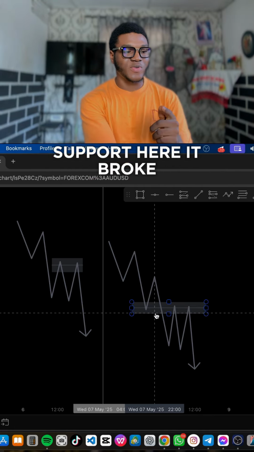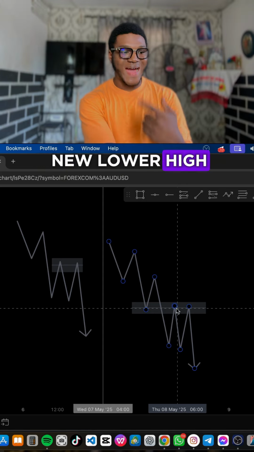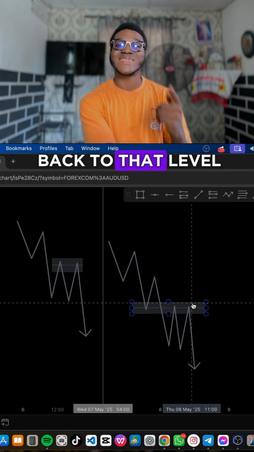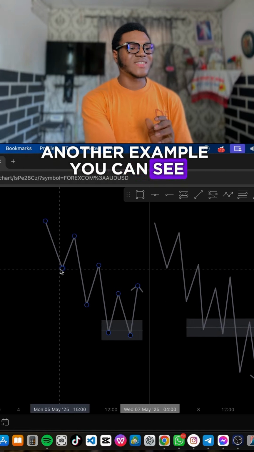So this was previous support here, it broke through, came back to mitigate it, forming a new lower high, then it broke through below and formed a new lower low. Then when price comes back to that level, we are expecting to enter sells at that level. Now another example, you can see price is forming lower low